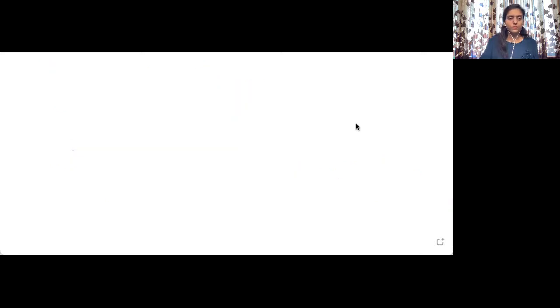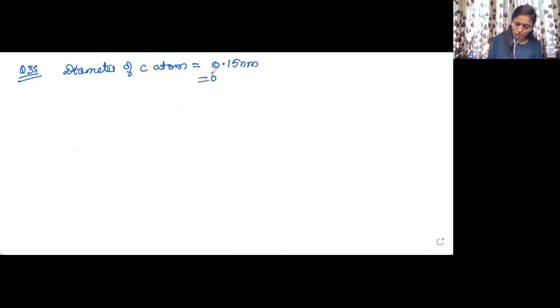Question number 35 states that if the diameter of carbon atom is 0.15 nanometer, or I can just write 0.15 multiplied by 10 raised to the power -9 meter, now calculate the number of carbon atoms which can be placed side by side in a straight line across length of scale of